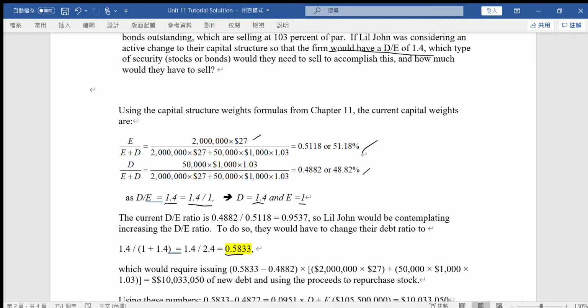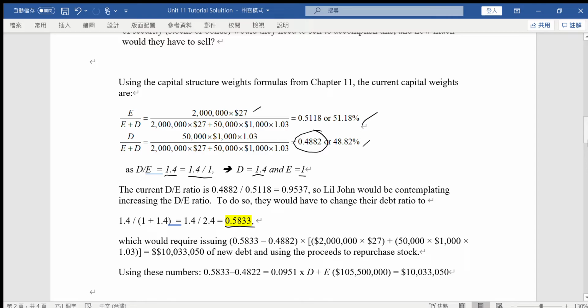Okay, then the proportion will become 0.5833. The original one is 0.4882. That's why the debt should be increased from 0.4882 to 0.5833. In general, that means it should be increased by 0.0951. And because of that, we need to work out how much increase in the bond is needed in order to replace